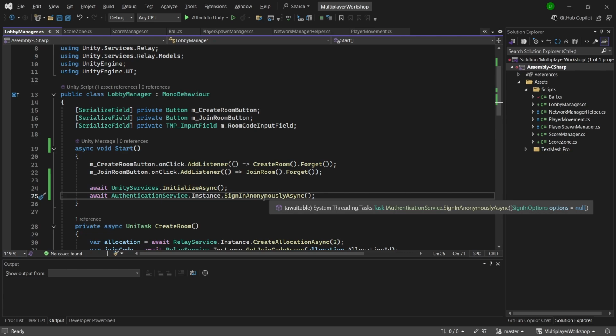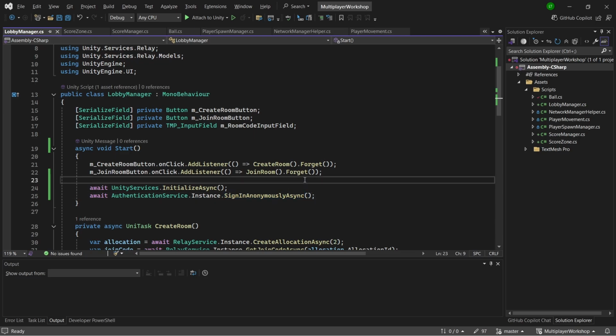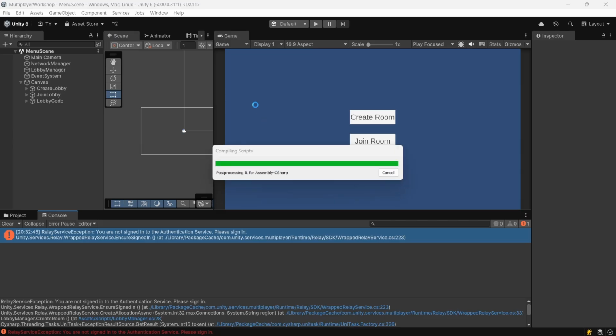So in order to authenticate without a player profile, you just do sign in anonymously async. Then it signs it in. If you have your own player login system, then you just sign in here as you use the service. But in theory now I should be able to